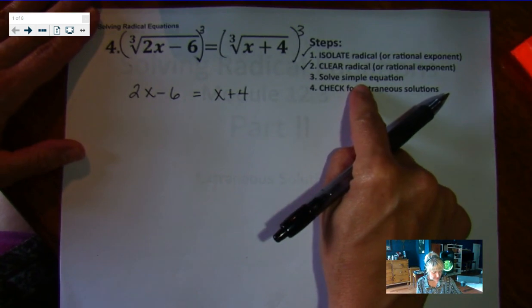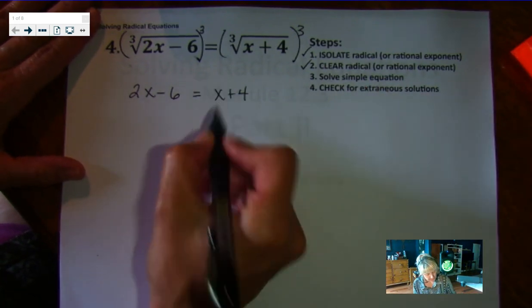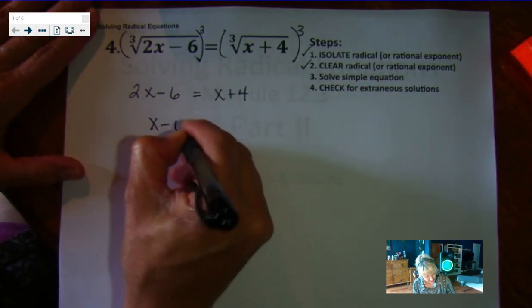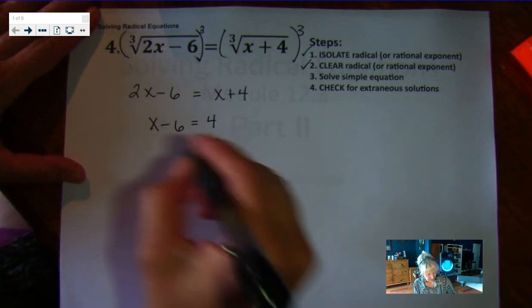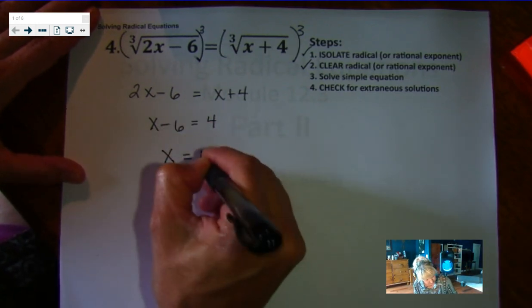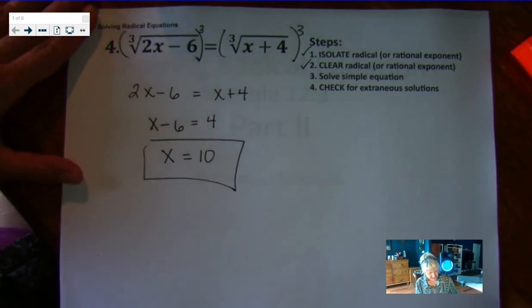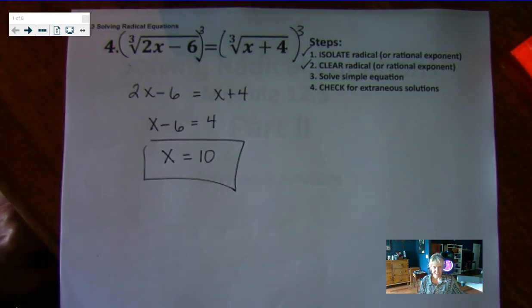Now we're going to solve the simple equation. So moving the x over, it's going to be x minus 6 equals 4. Of course, add 6 to both sides. And x is going to equal 10. That's solving radical equations without extraneous